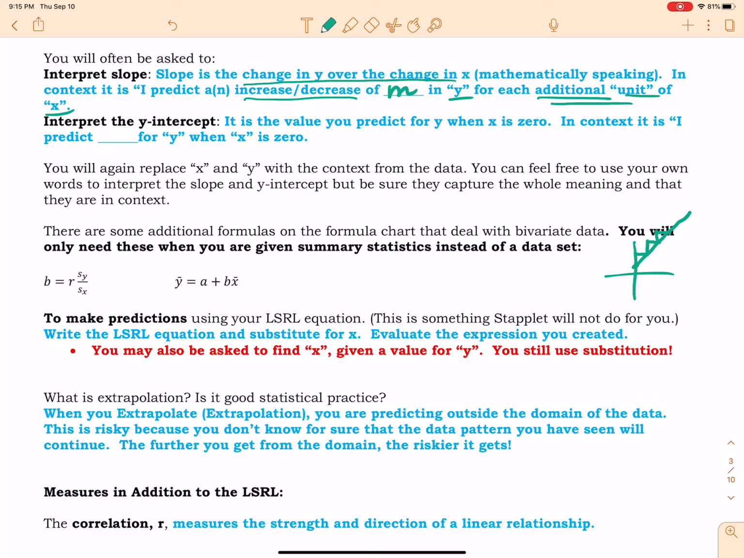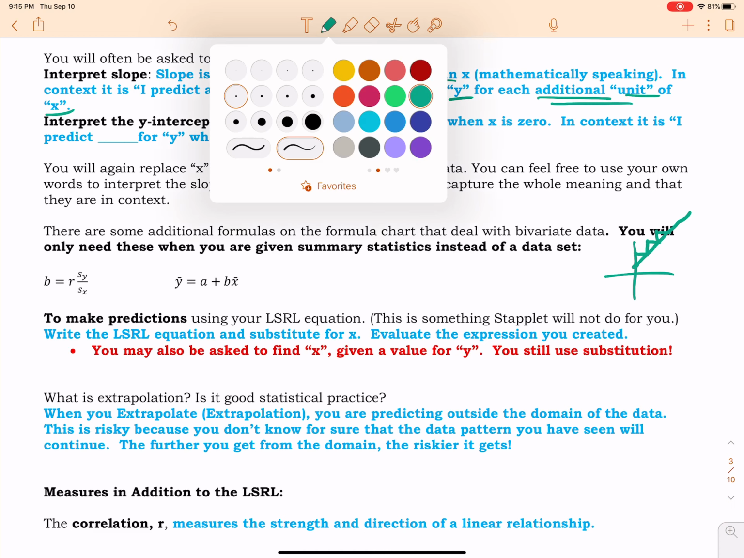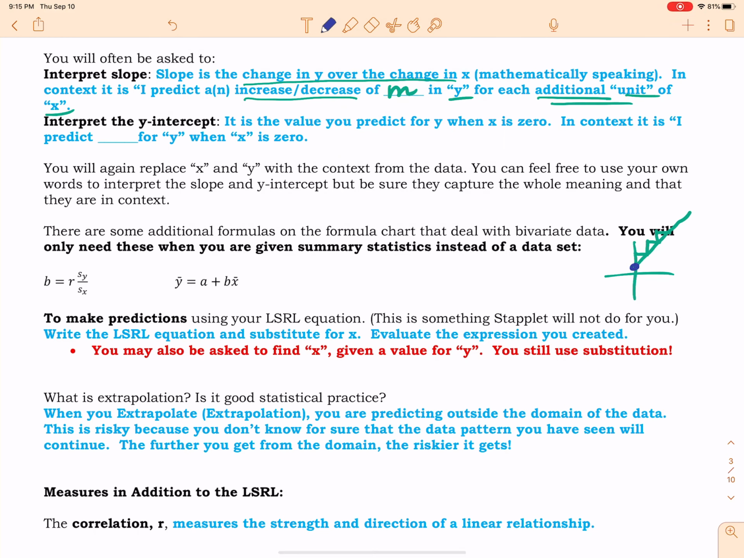When we're interpreting the y-intercept, again, if you will stop and think about what the y-intercept is, it's where your line will cross the y-axis. So at that point, x is 0. So what you need to do is talk about predicting that in context. In other words, you're going to say, I predict whatever the y-intercept is for y when x is at